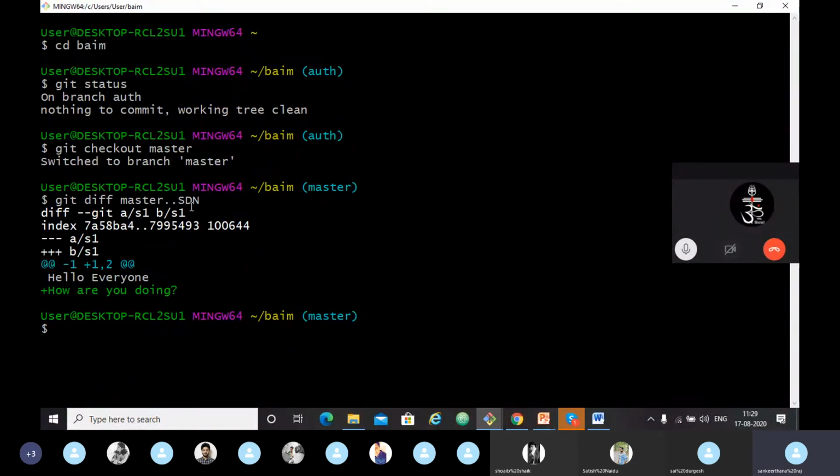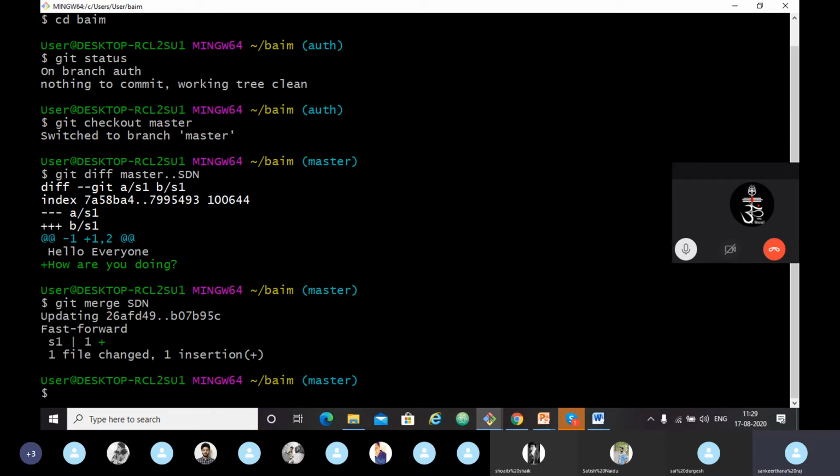Let's see that with the cat. No, I want to merge it before. Sorry. Now I want to merge the SDN branch with the master branch, right? It shows git confirms we have done a fast forward merge.